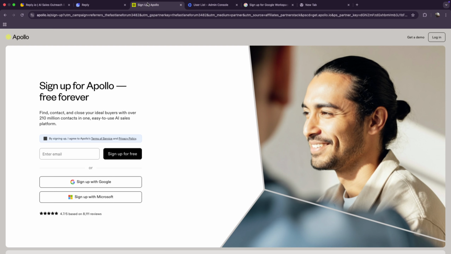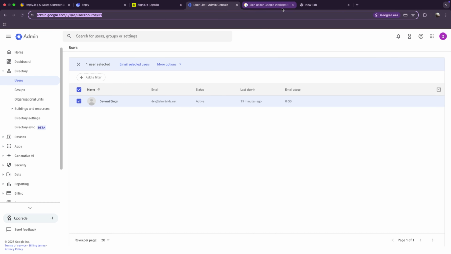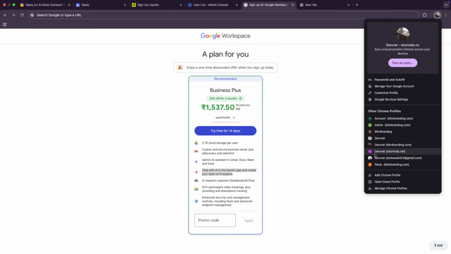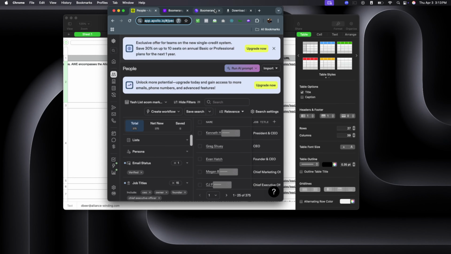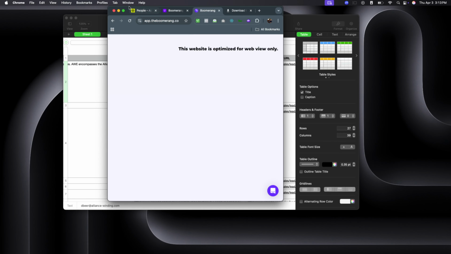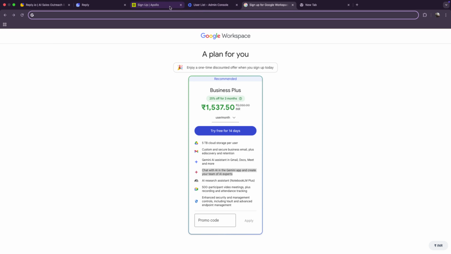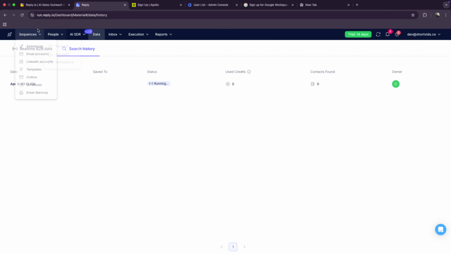So basically it is using the real B2B data on the platform. And also I'm getting the data coming from Boomerang. So you could also see the data coming from Boomerang. There are two ways of how I'm getting the data, not just relying on one way, but I'm using Apollo and Boomerang to get data. Now here you could see it is finding the data. It would take some time to download.